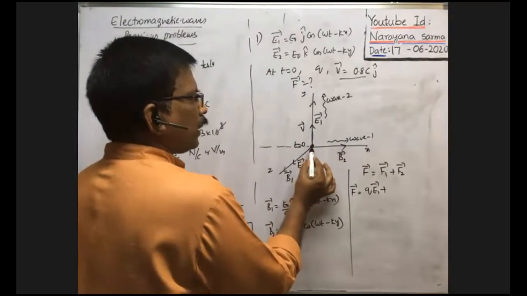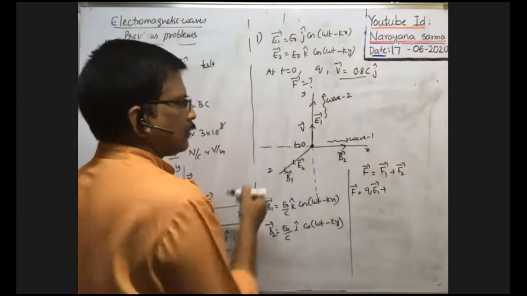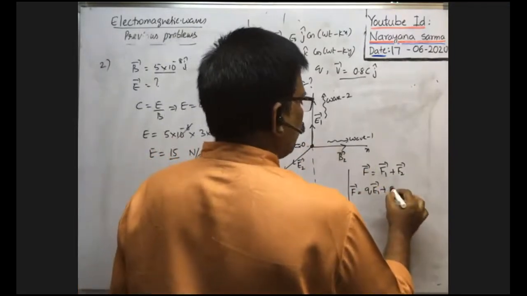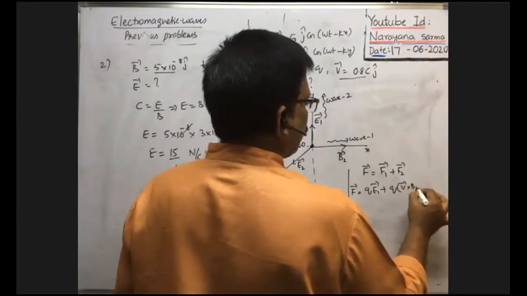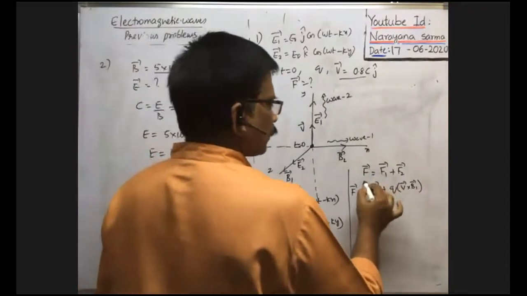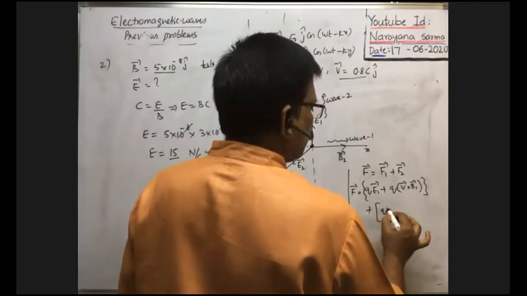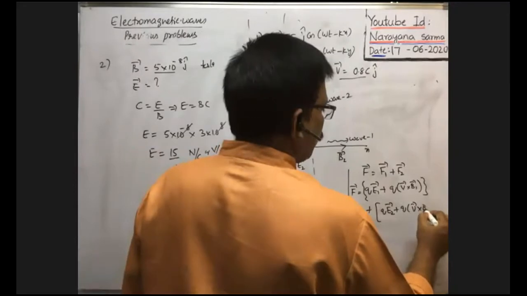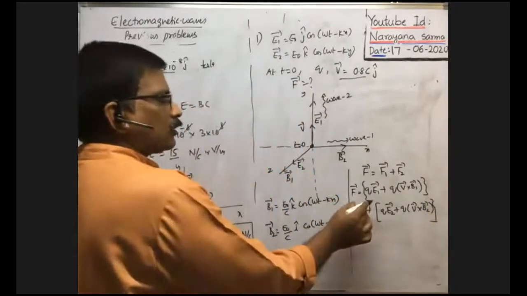You see, the direction of motion of the charged particle is along the y-axis, whereas the magnetic induction is along the z-axis. These are in vector form. That's why it is Q times the velocity of the charged particle cross magnetic induction B1 bar, Q V bar cross B bar. So this is F1 bar plus F2 bar, meaning Q E2 bar plus Q V bar cross B2 bar. This is the force due to the second electromagnetic wave.